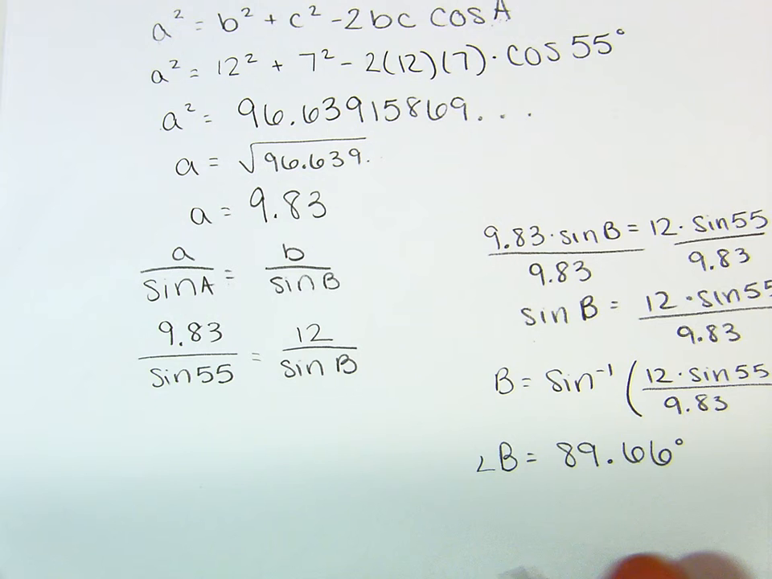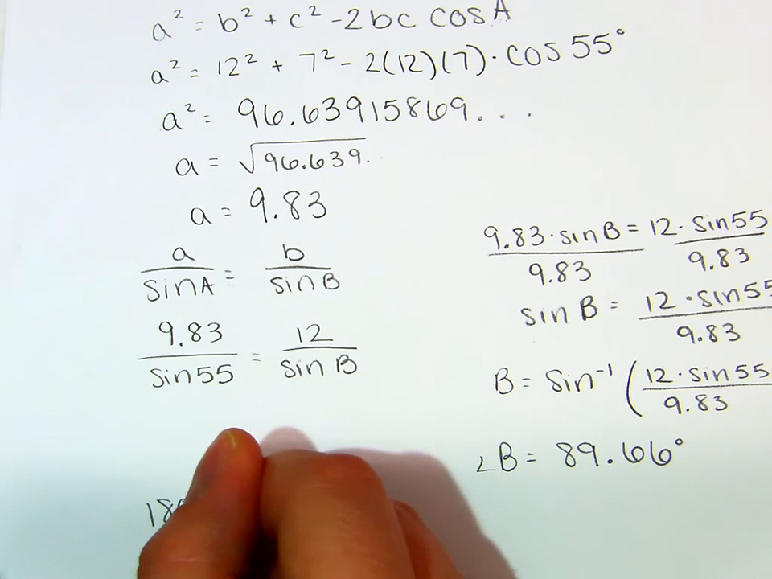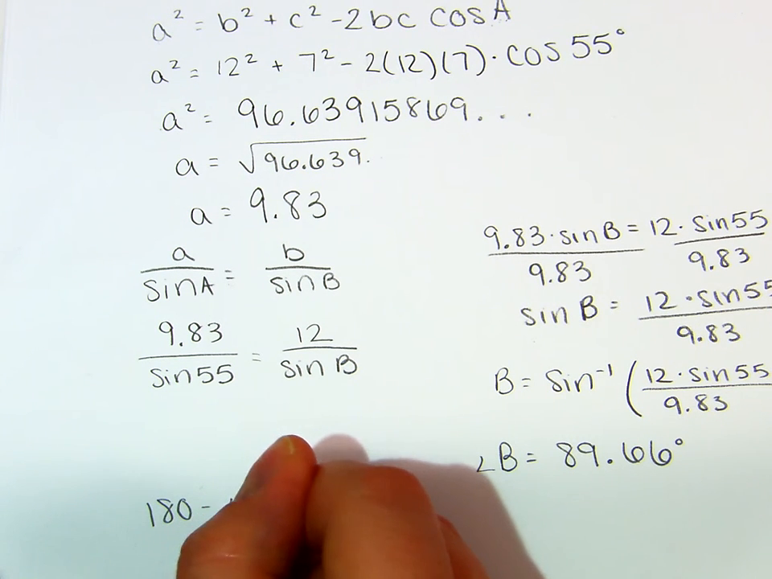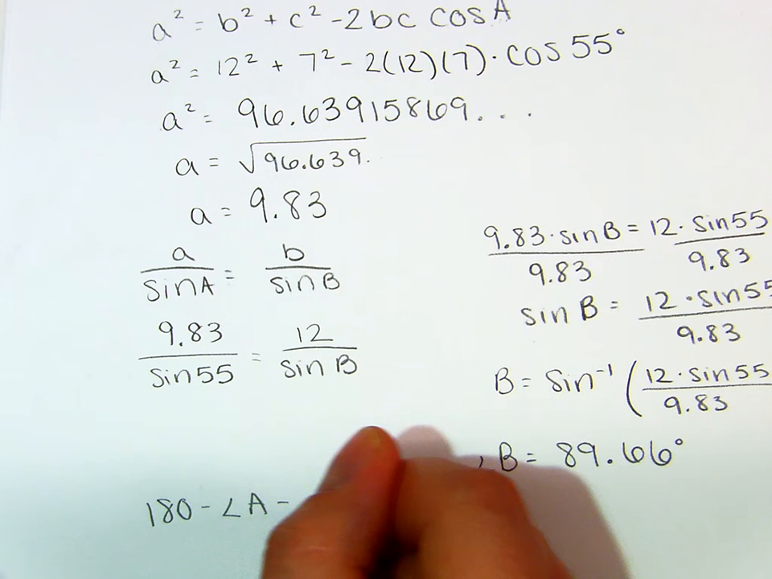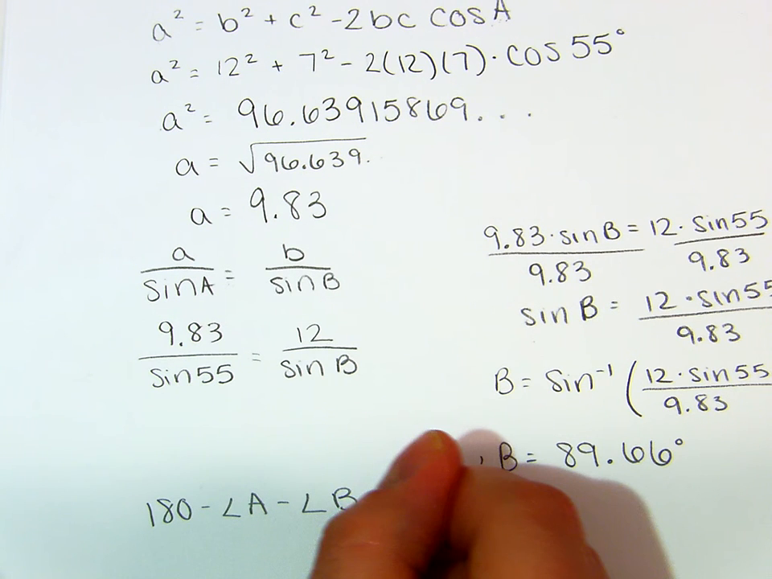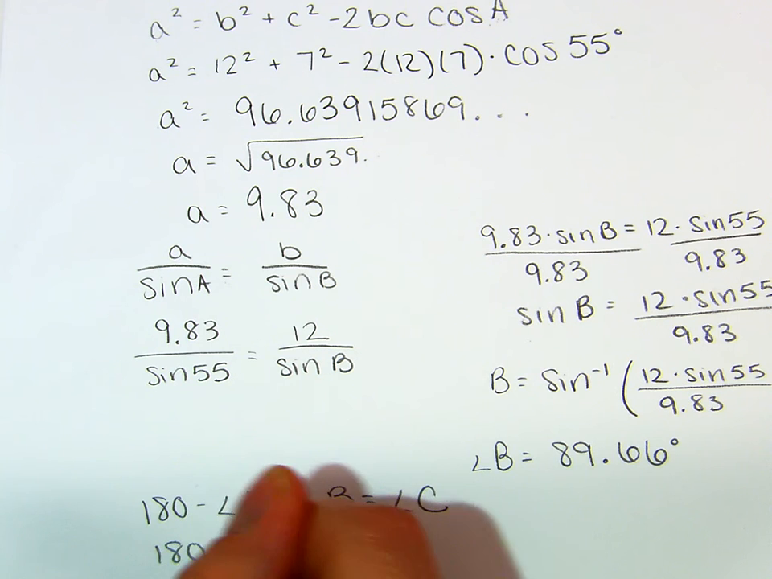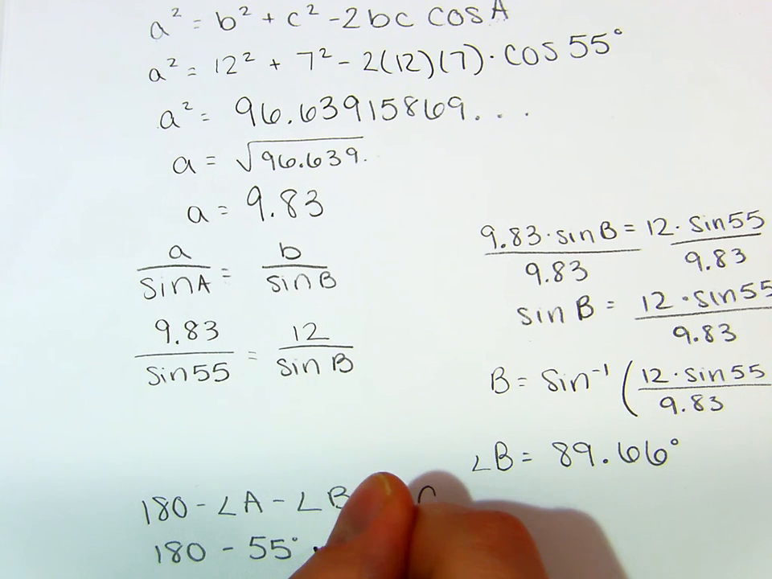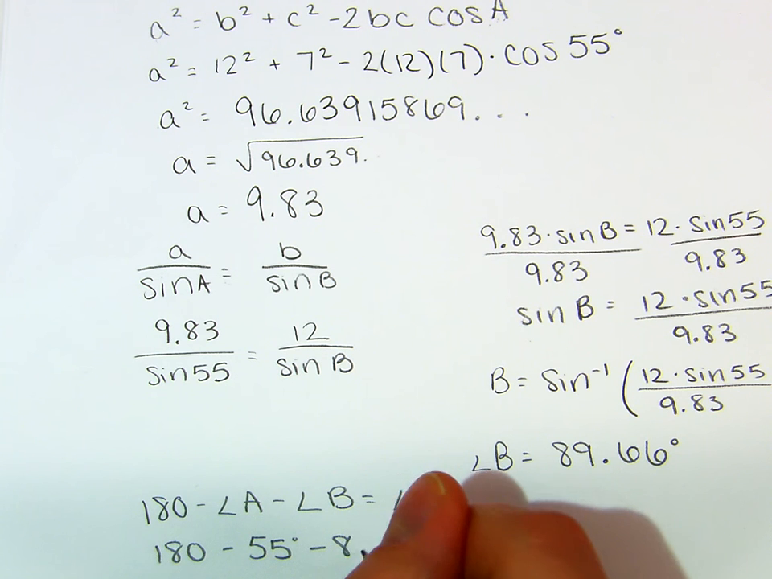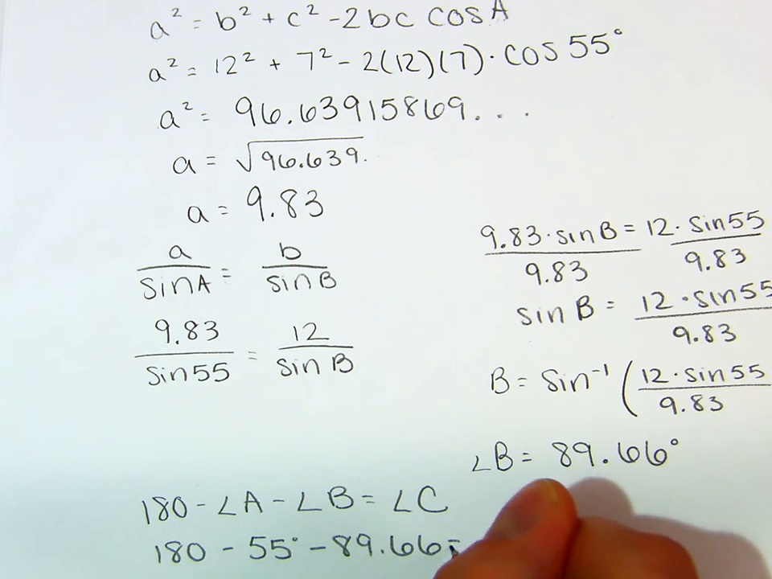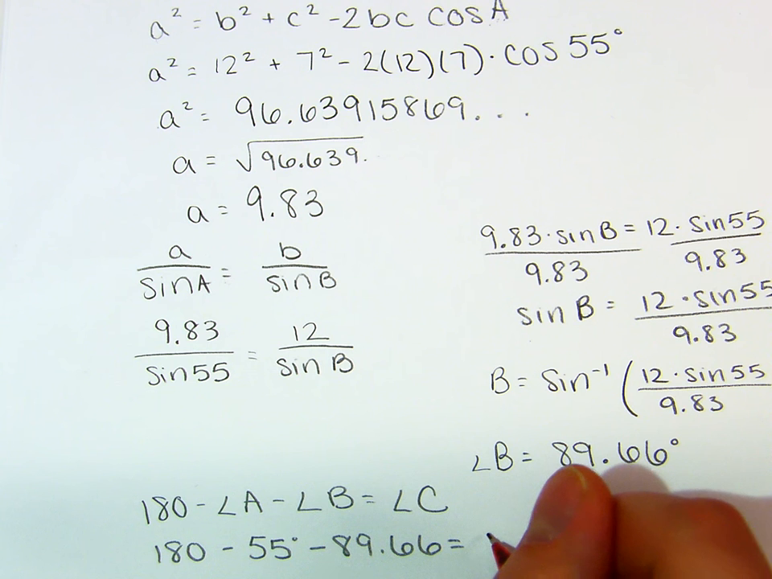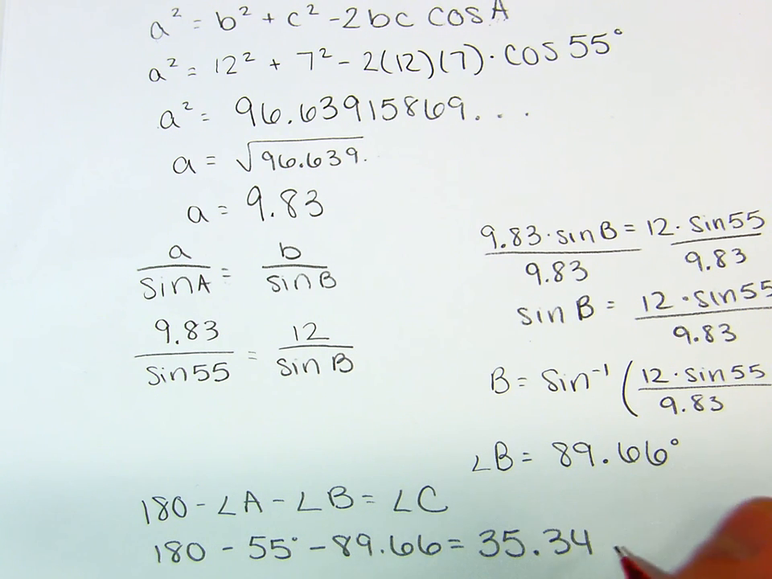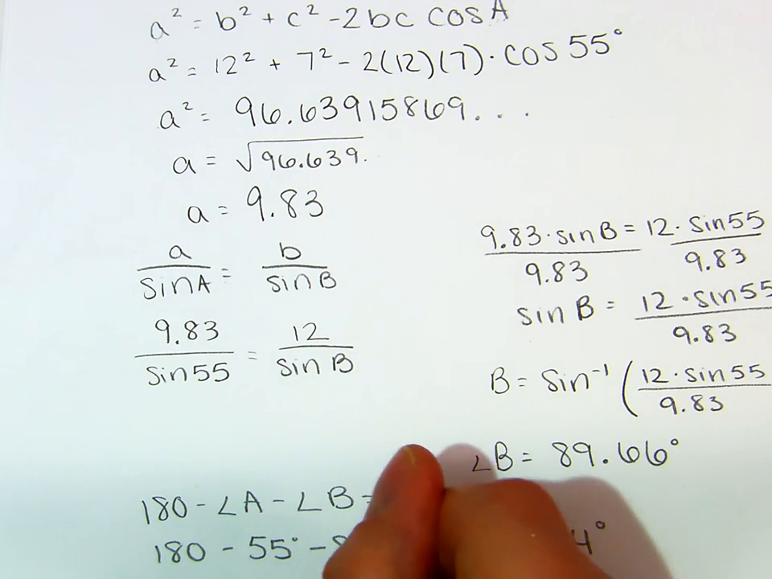And to find angle C, since I know A and B, I know there's 180 degrees in a triangle, so 180 minus angle A minus angle B is going to give me my angle C. So 180 minus 55 I was given for angle A minus 89.66 for my angle B would give me 35.34 for my angle C. So angle C equals